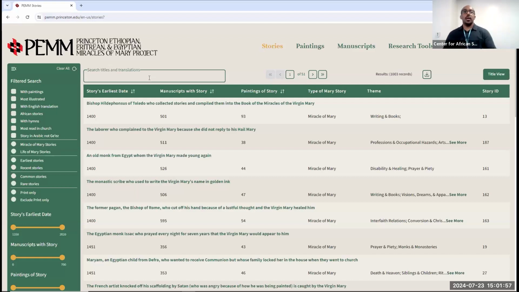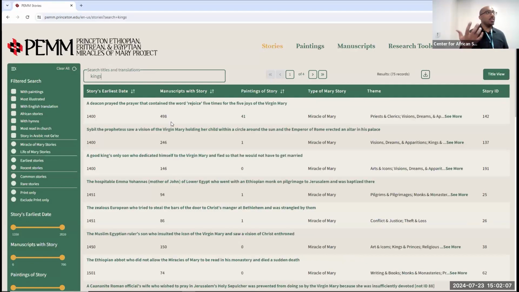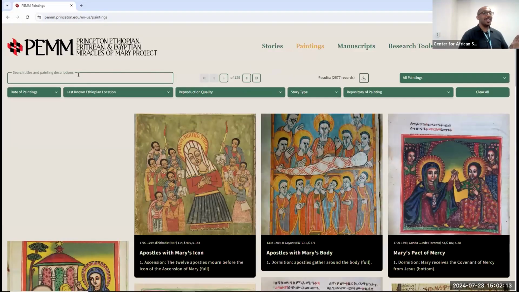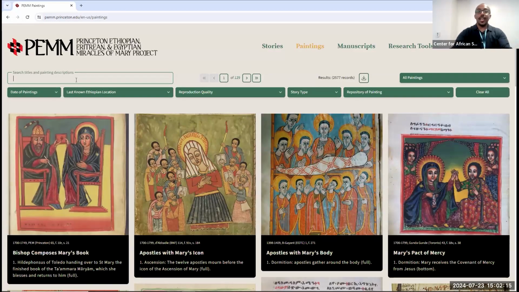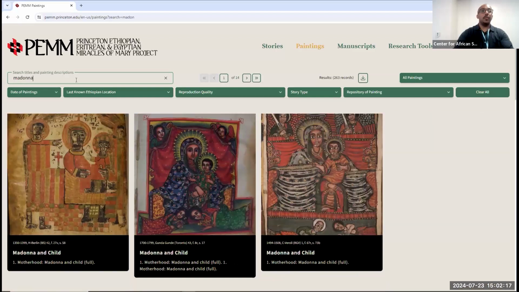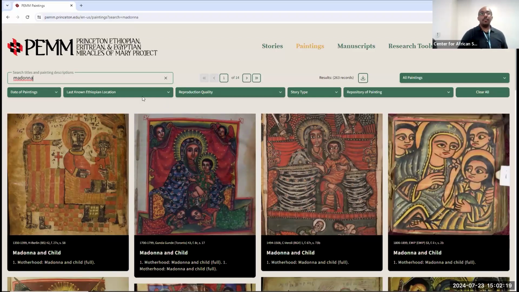I know we have like one minute left here. One quick thing I wanted to say was the search bar. We haven't really utilized it, but you could type in themes like kings, and then it'll pop up all the stories about kings. I especially like that for paintings. If I say, for example, the Madonna painting, then I can have